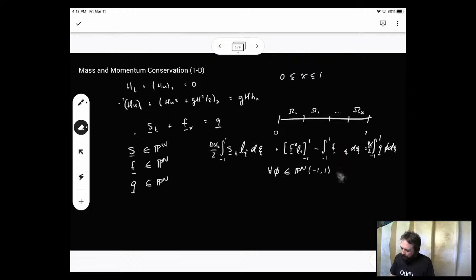And I'll just move that derivative up to make that look a little nicer. Then on the right-hand side, I still have L_i dc. Okay, and then this statement for all phi in the space of polynomials of degree n becomes